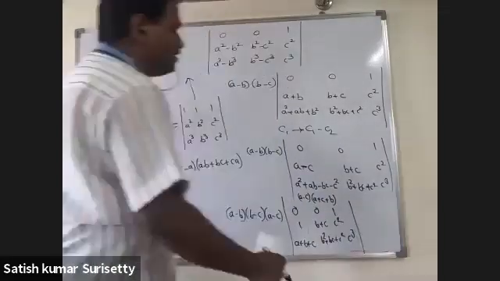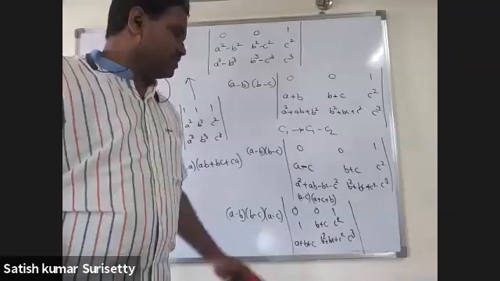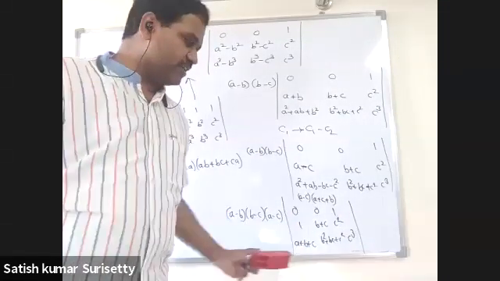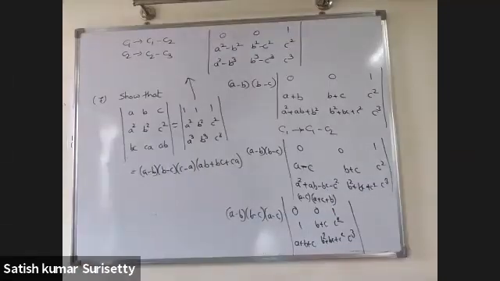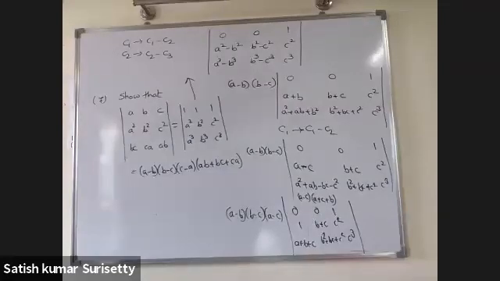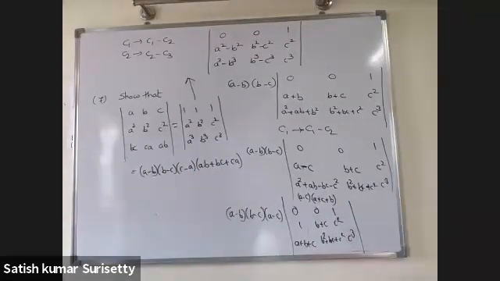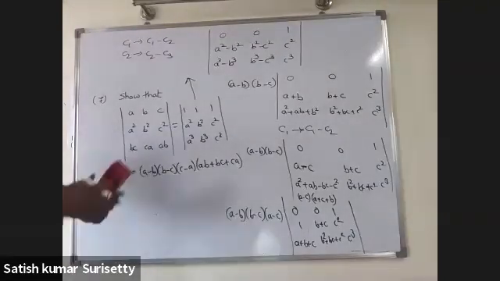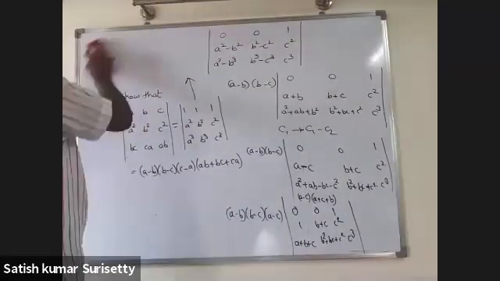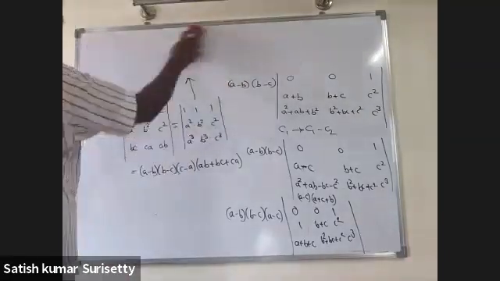Now you can go for the expansion. Why? Because the terms are reduced. So 1 into this cross product you can take easily and you can simplify. After that again check whether you will get the given answer or not. That is basically you should get this. Now let us try second method again.